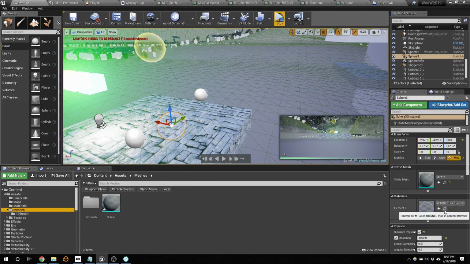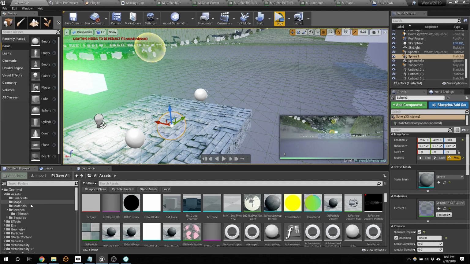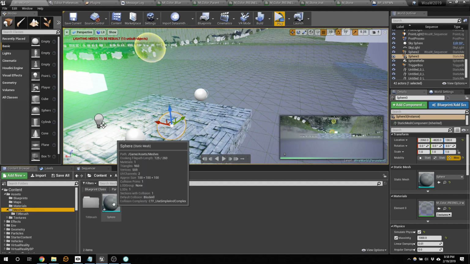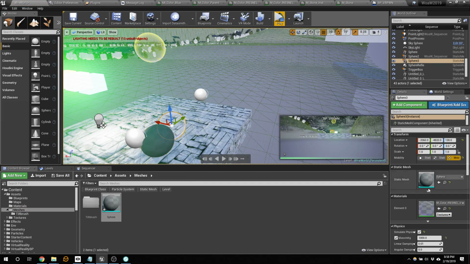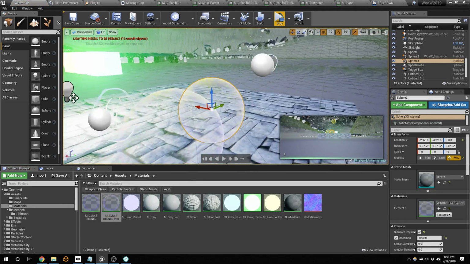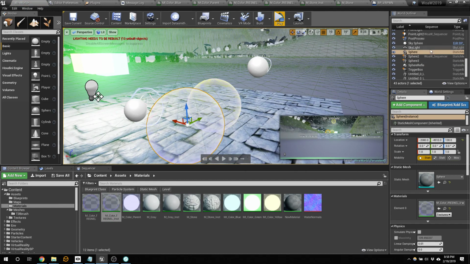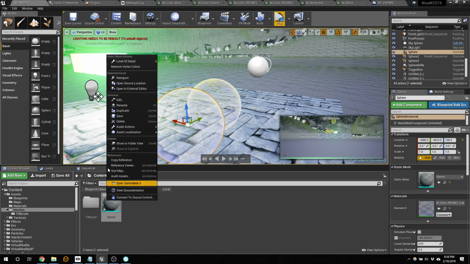Cool, so let's do that. Or let's go back. Meshes. Bring it in. And put that Fresnel in there. Cool. But I'm going to go back to the mesh itself. Find it. And if I right click on this guy, at the very top,